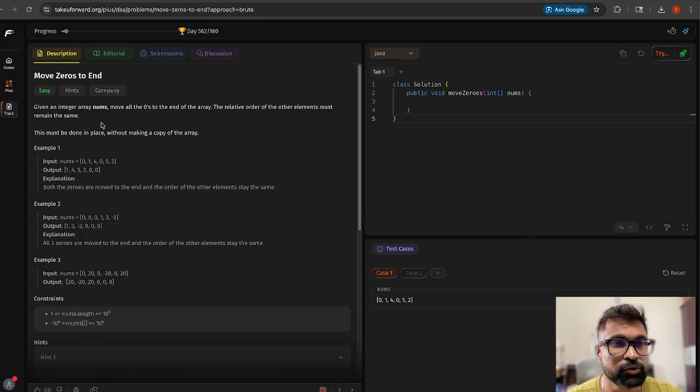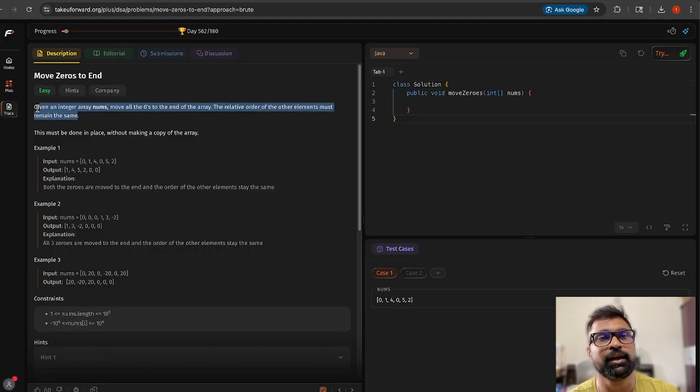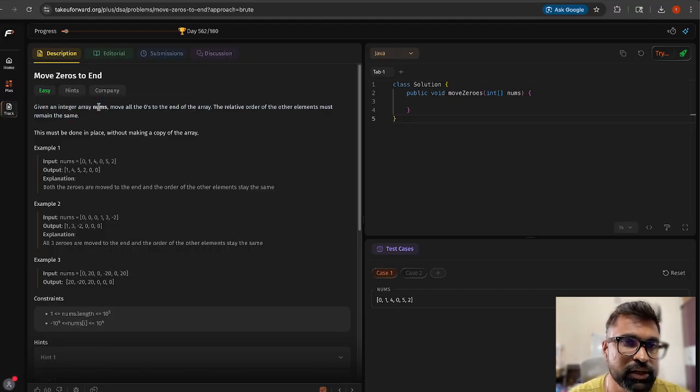So today we are going to see the next problem, that is move zeros to end. We are given an array nums, and we have to move all the zeros to the end of the array, and the relative order of the other elements must remain the same. There might be a case where the array has some zeros, or it might not have any zeros, but the relative order of the non-zero elements should remain the same, and we have to move only the zeros